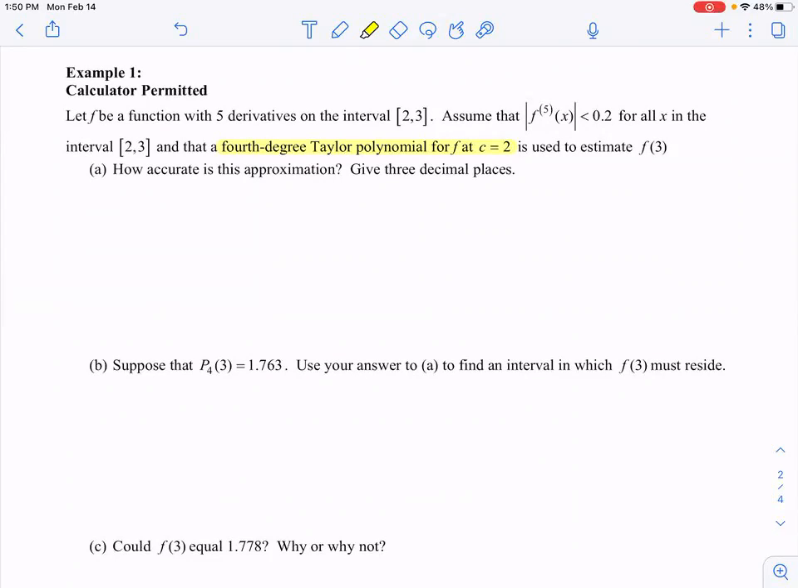I want to know the error, how accurate is the approximation? What's our error? So we want the remainder for when we plug in 3 to our 4th degree polynomial. Well, since we're talking about a 4th degree polynomial, that is going to be the 5th derivative of z, we'll talk about that here in a little bit, over 5 factorial